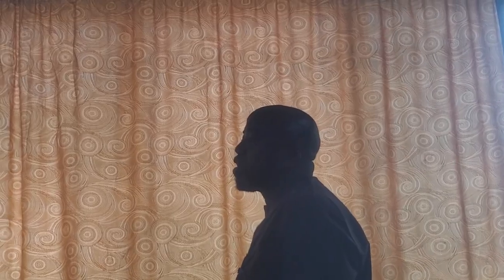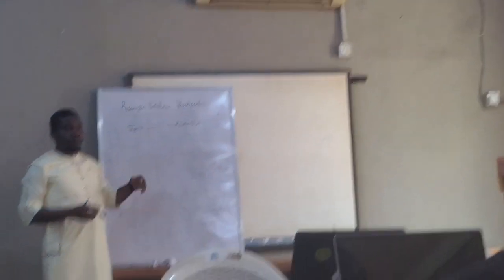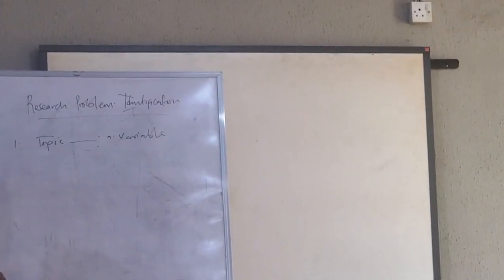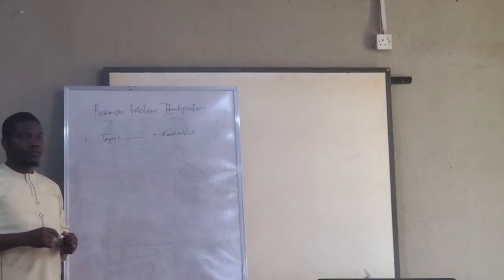So how are we going to dissect the topic? We look at the variables in the topic. So what are they looking at? Are they looking at Lagos State, so I look at Ogun State? Are they looking at Southwest? Please, let's pay attention here. It's very, very necessary. Variable, yes. What are they looking at? Are they looking at general performance, while I look at female gender